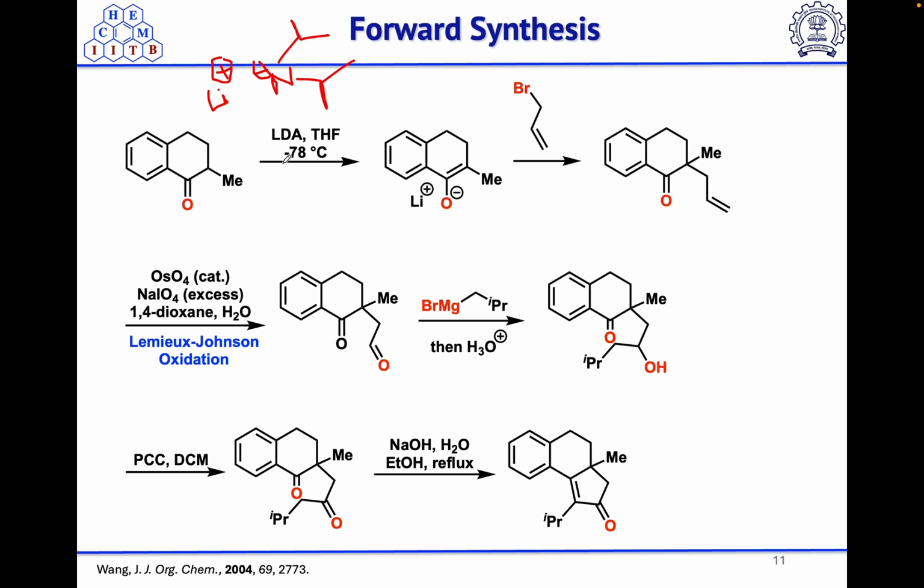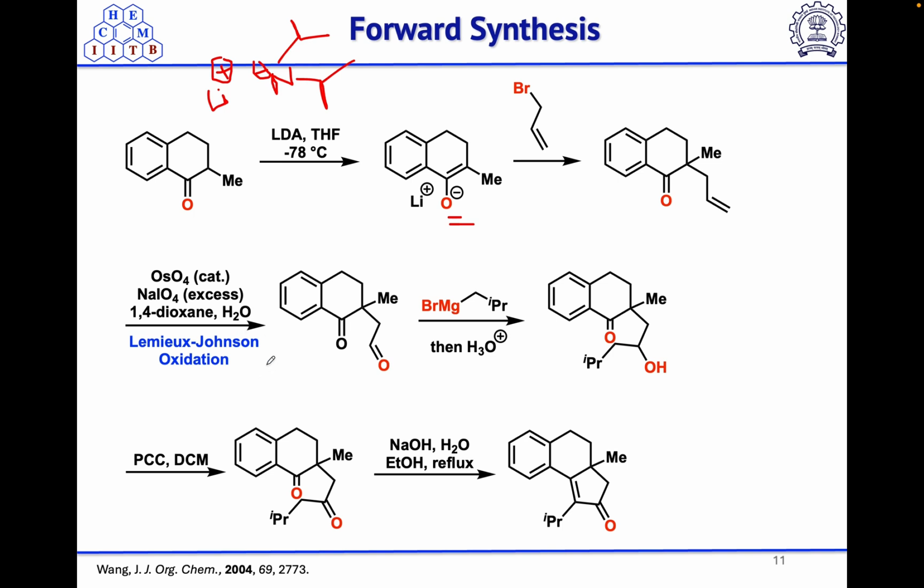So the LDA is a bulky base, so it will abstract the proton here and generate the corresponding enolate, O minus Li plus. And if we add the electrophile allyl bromide, we will easily get this C-C bond formation product. After that, we can do ozonolysis to get this carbonyl compound, or we can do this,